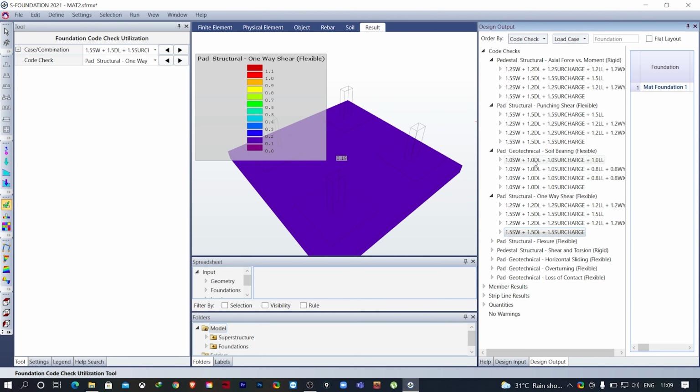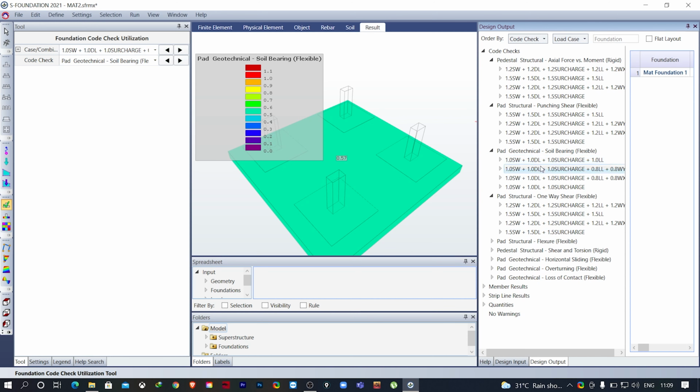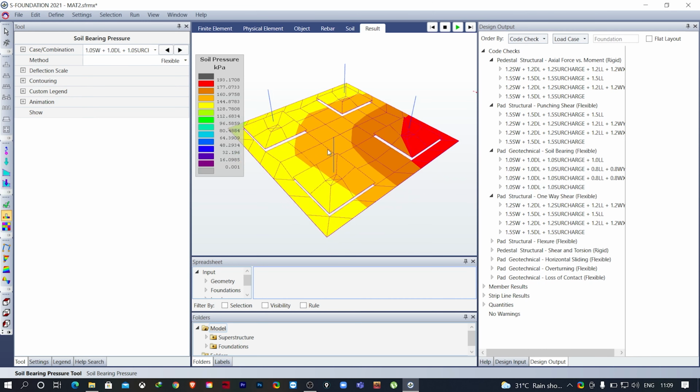If you want to see the geotechnical results, you can see those also, which is the soil bearing. You can see it by clicking on soil bearing pressure, and it will show you the soil bearing pressure graphically for different load combinations. You can change the load combination here.